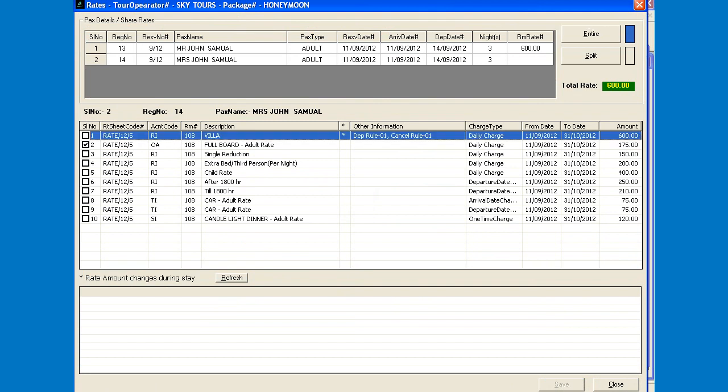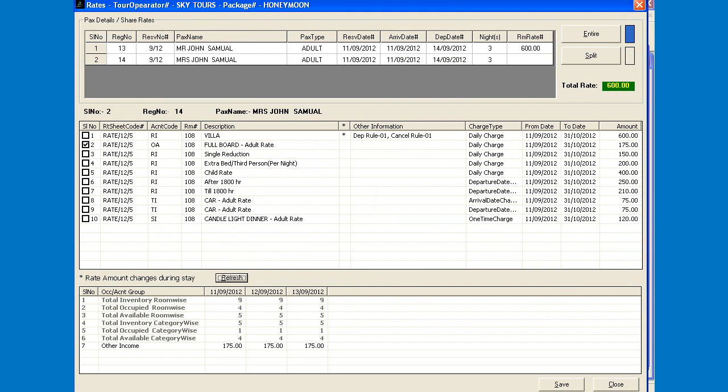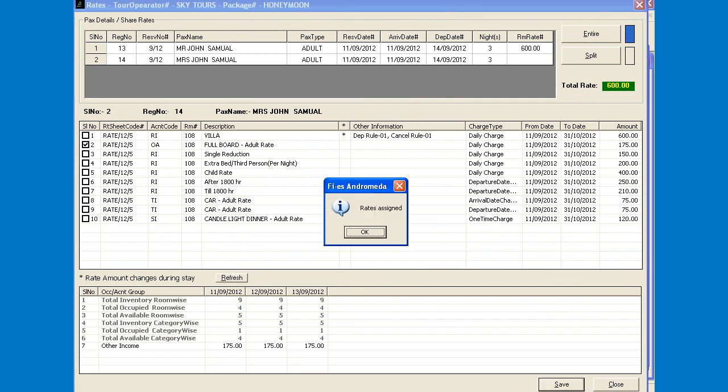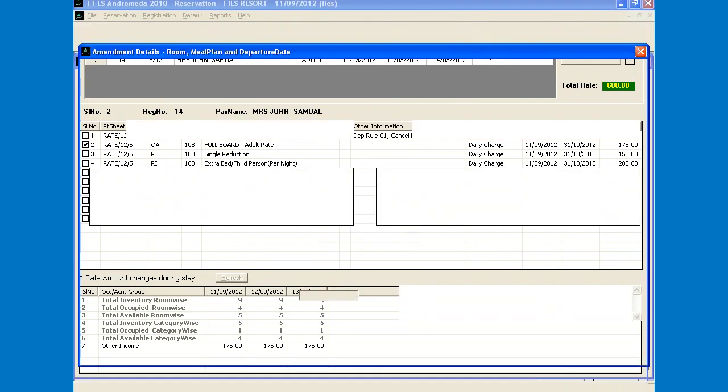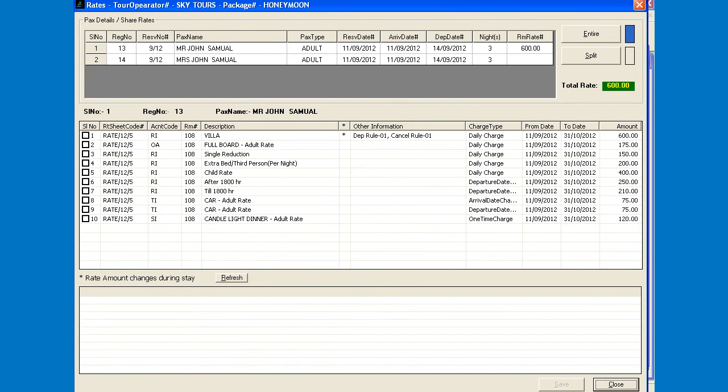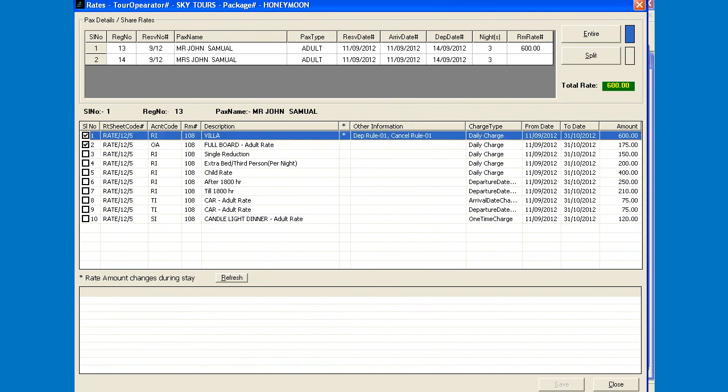We have assigned the room rate and full board rate. No transfer rates are there, only that much information is there. So 175 is taken, and we are going to save these rates assigned. You close this one, and it will load the next pax.